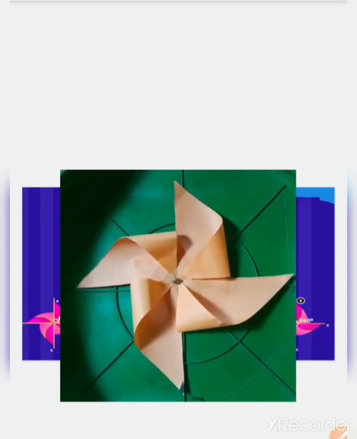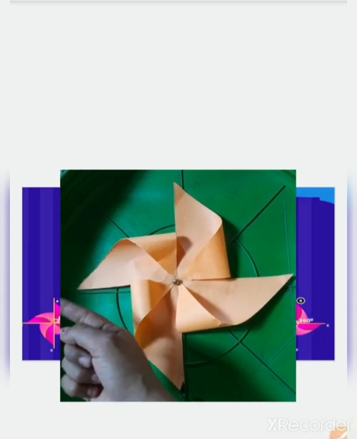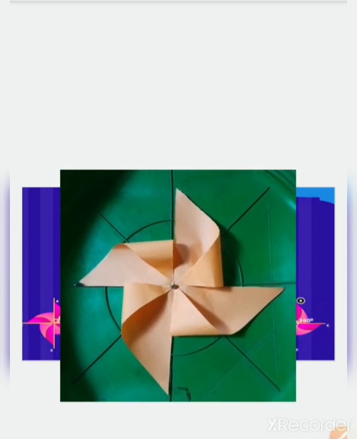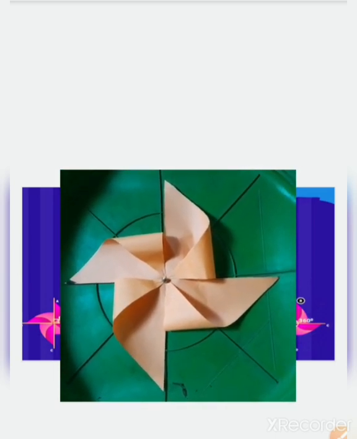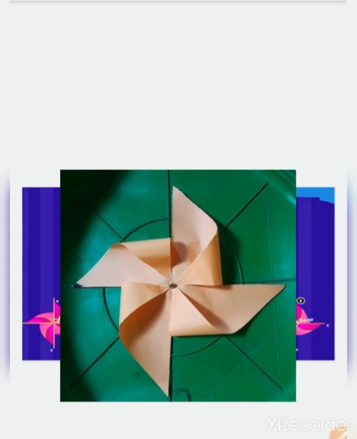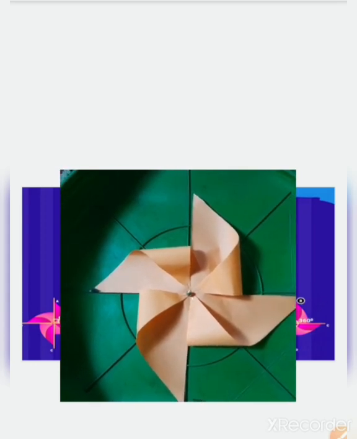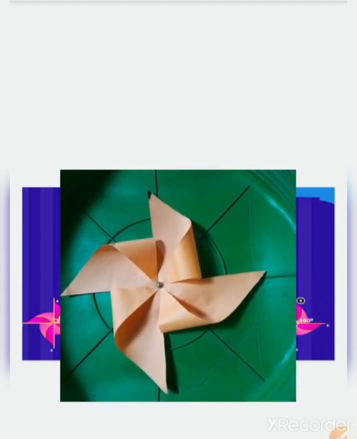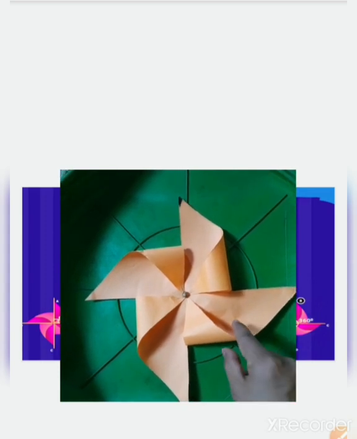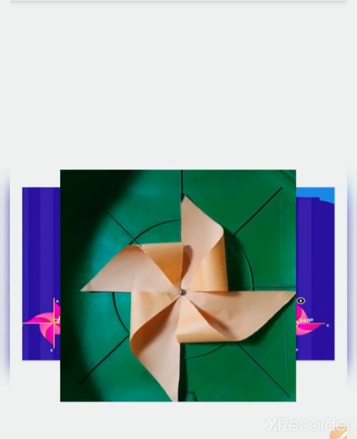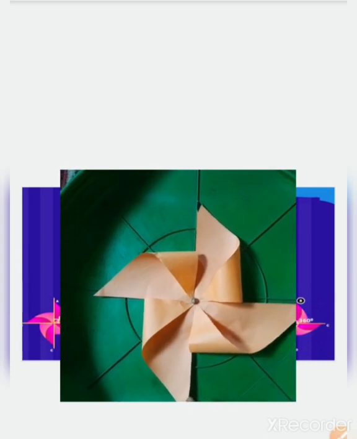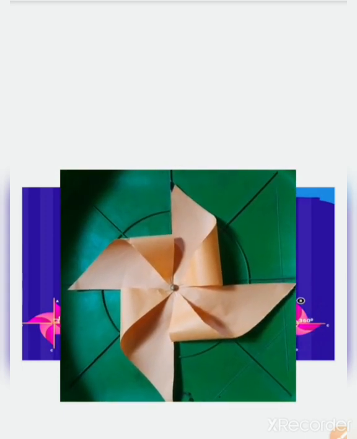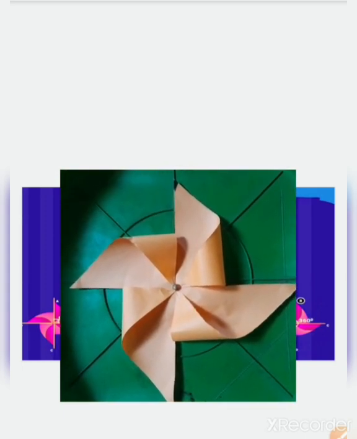Now let's rotate it 3/4, that is here, or we can say 270-degree angle. So let's rotate it again. Is it same? Yes, it is same. Now let's rotate it 360-degree angle, or we can say complete angle. Is it same? Yes, it is again same. So the first one and the last images are same. We can say it is showing the rotational symmetry on 90-degree, 180-degree, 270-degree, and 360-degree.